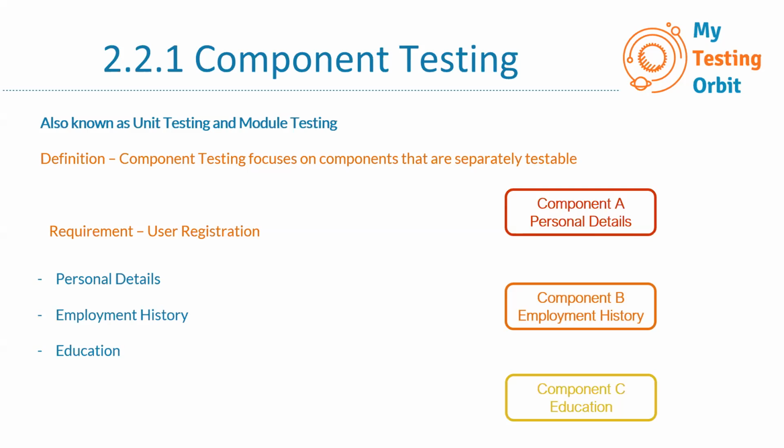These fields should be there, and these should be left aligned. Just imagine how those personal details will be on the first page. Then there should be a next button. The next button should take the user to the employment history page. So these are all part of the design phase. So we are working on the design of those requirements, and then comes the third part, which is development, which